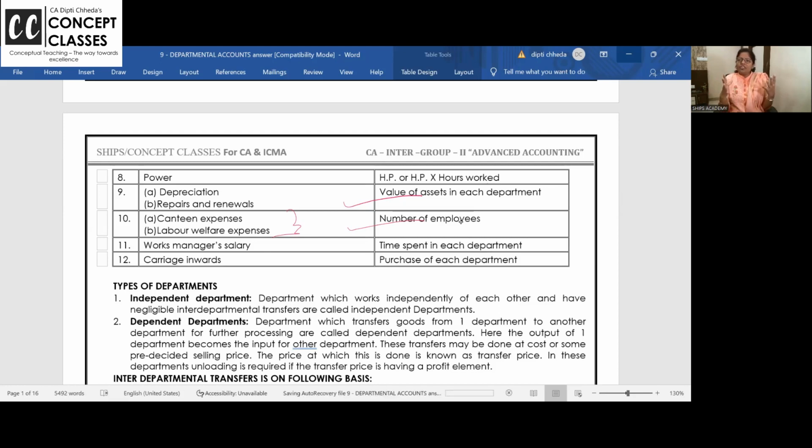I'm telling you, some chapters I explain the concept only for 1 hour, and 15-20 minutes I check problems. In today's class, in 15 minutes the concept will be over. The rest, half an hour, whatever is required, should be for checking the questions, because departmental account is a chapter